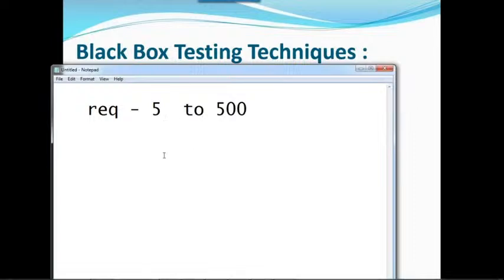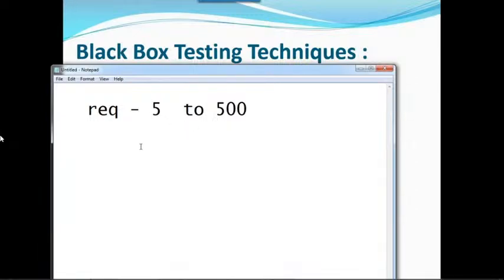Please repeat what she said? I couldn't understand. Yeah, I will tell you, don't worry. She's telling that take the lowest value of the range and take the greater value than 500, like invalid numbers. So see, what is an invalid number, you know, right? Valid number means 5 to 500. In between only you need to provide, right? That is the valid number.